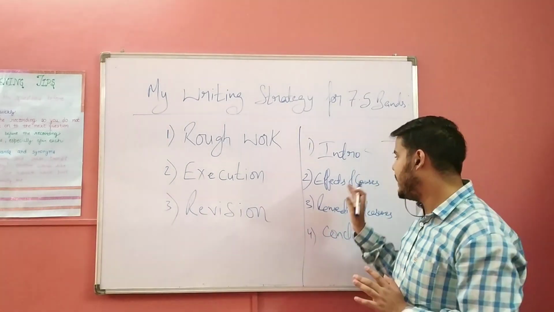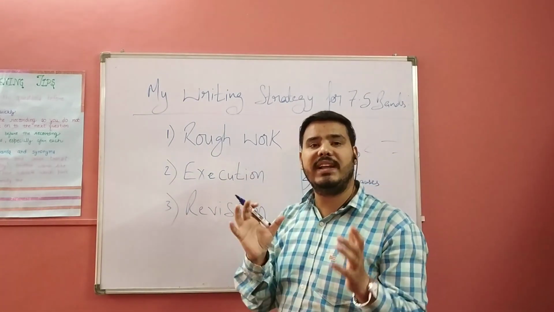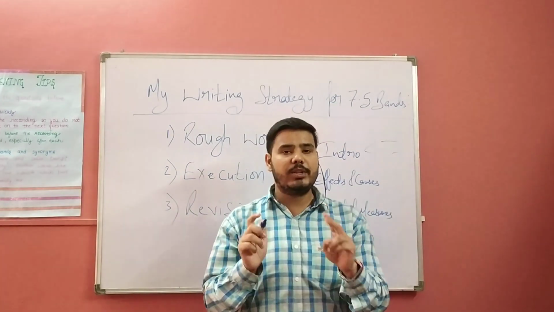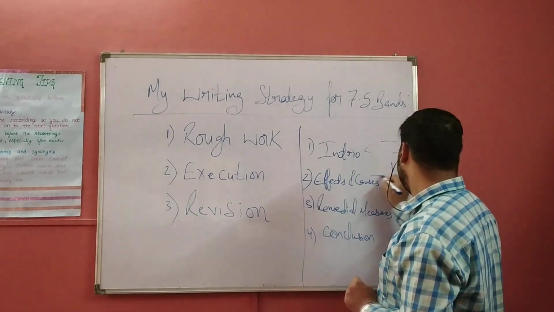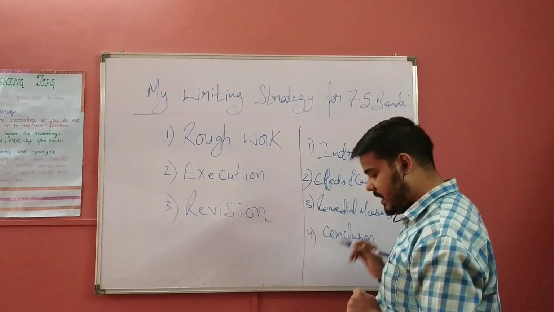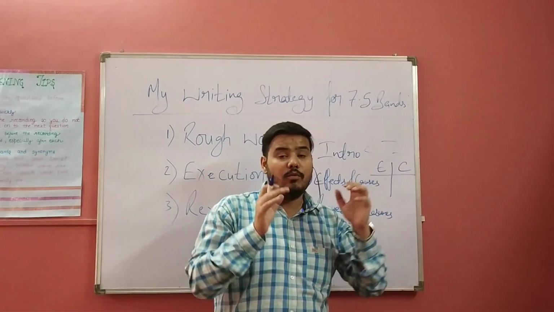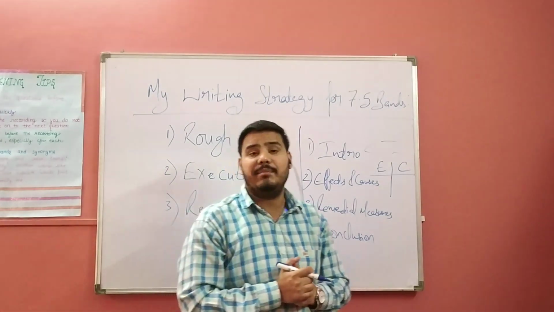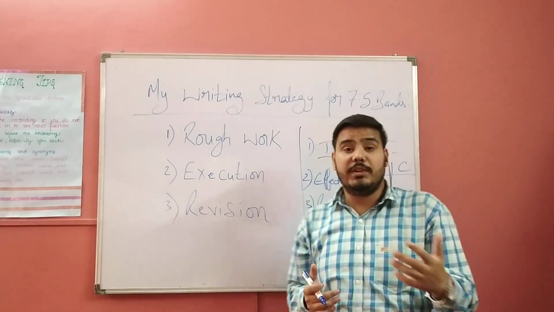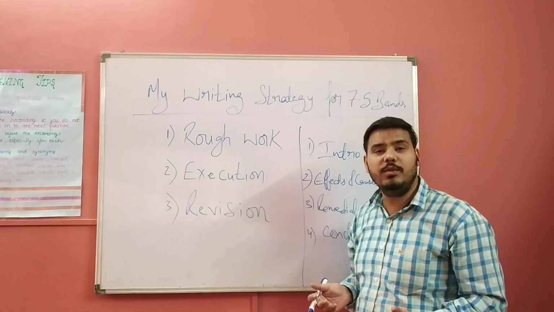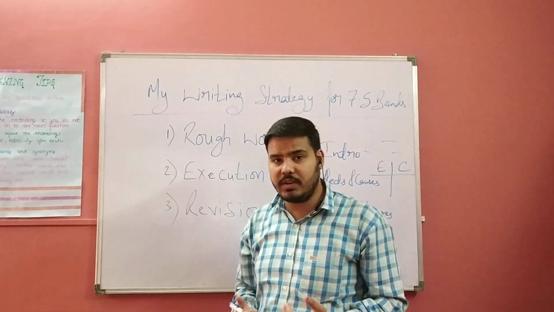Once you're done with that, now think what are the effects of that thing and what are the causes. Make 2 tables for it, like effects and causes. Now, what is something that is causing it? If you have written that, then what effect can it have? For example, if I am drinking too much water, I would have to definitely go to the loo because that's the effect of drinking too much water.